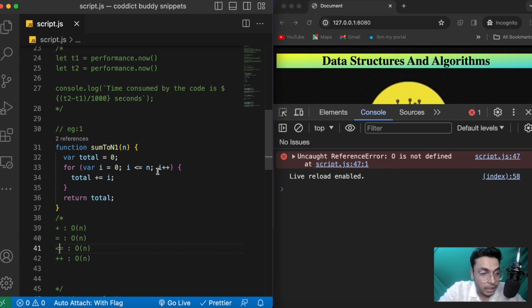Have I missed something here? I guess no. 1 2 3 4. Now this operator will run only one time, right? Because this is not inside any for loop, so it will run just once. And this one will also run once. This one will also run once only, because in the initial loop it will just set the value of i, right? So this operator will also run once. So let's remove it and keep it simple. So we have 1 2 3 4, 4 O of n,